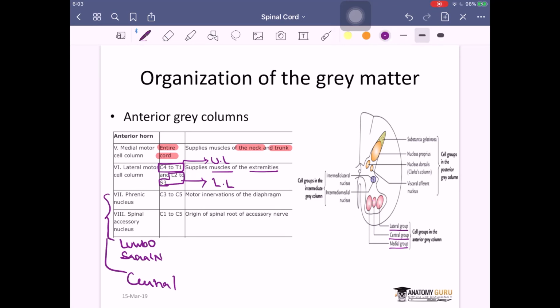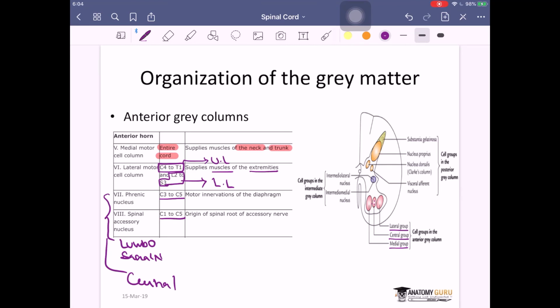So there are three nuclei within this. Now the central one is made up of, or depends on where it is extending, three of them. So in this also, the phrenic nucleus is only seen from C3 to C5. The root value of phrenic, 3, 4, 5, keeps the diaphragm alive. That means from C3, C4, C5 in the anterior horn, you will find this central nucleus located there, and any damage to this will cause breathing difficulty.